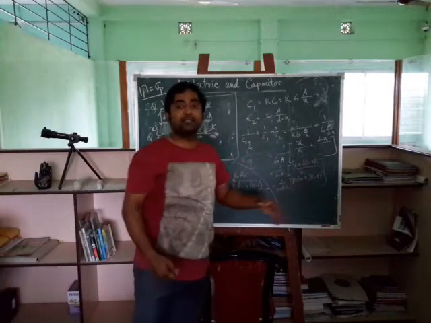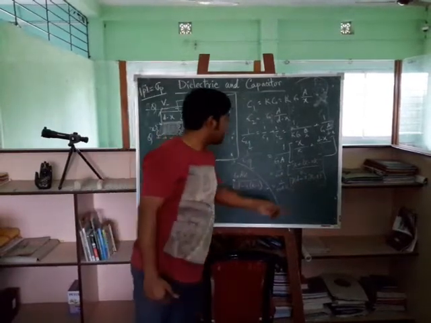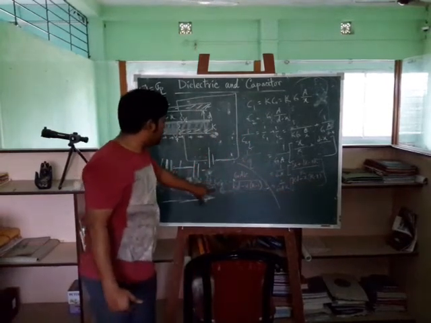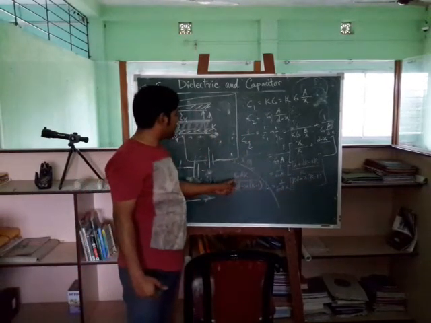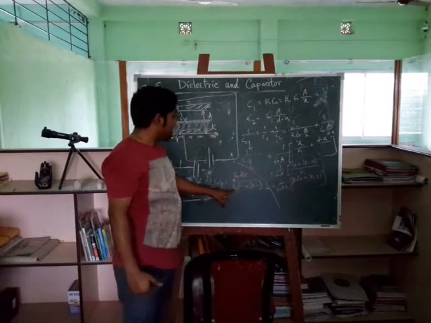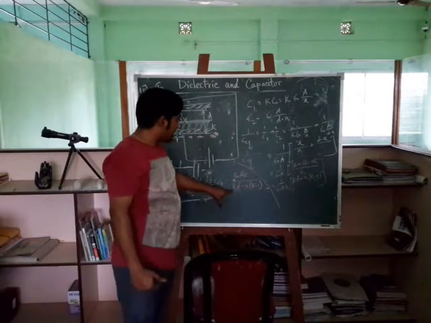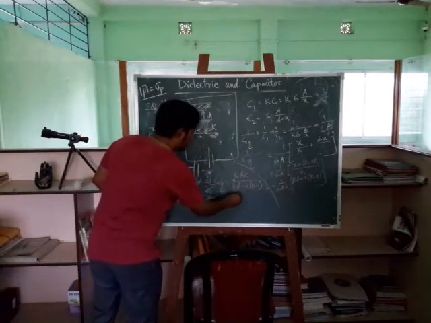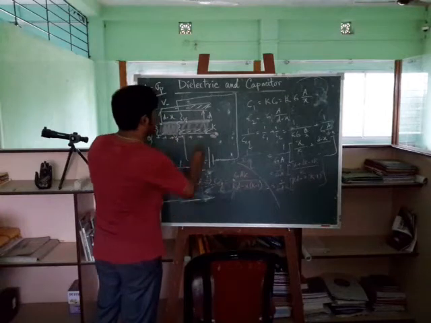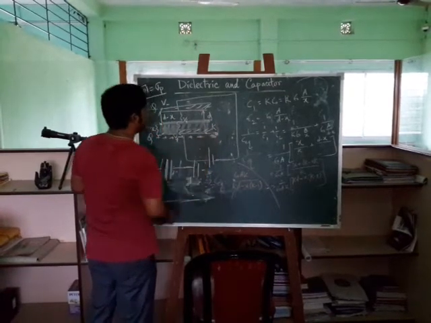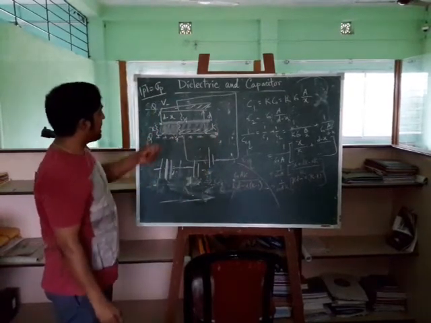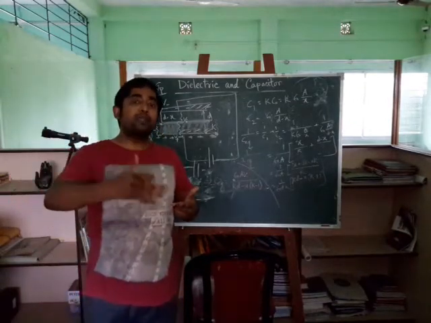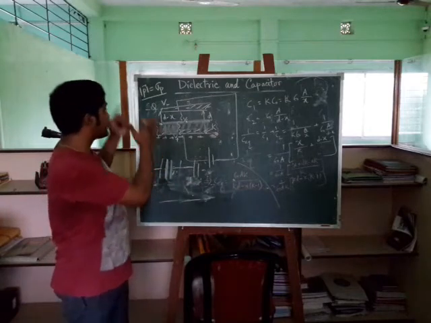K is the dielectric constant which is greater than 1. Okay, so we have taken minus x and then K minus 1. So C equivalent will be given by, take the inverse of this, so epsilon naught A times K divided by Kd minus x K minus 1. Okay, K is the dielectric constant, d is the plate separation, x is the depth of the dielectric material, and A is the area of the plate. So that is how we calculate the equivalent capacitance for such a system.